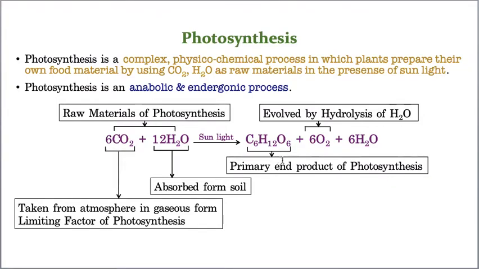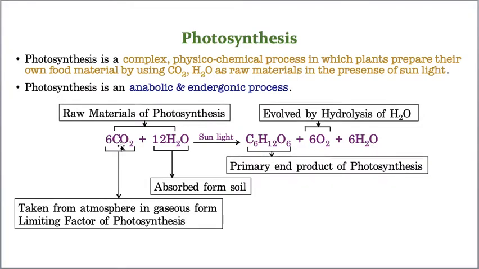Now if the plant wanted to produce its own food material in the form of glucose, of course later it is going to convert into starch, but leave that, it wanted to produce the food material in the form of glucose. For the formation of glucose, what are the raw materials used? 6CO2 plus 12H2O. That's why carbon dioxide and water are considered raw materials of photosynthesis. Now where will this carbon dioxide come from? It's a very important point you need to understand.